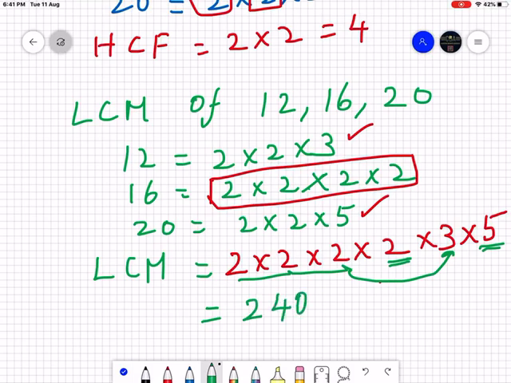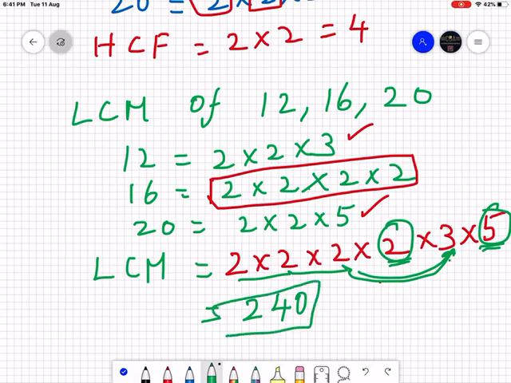Isn't that easy? I will repeat this again. Whenever you find a pair of 2 and 5 in your answer, you keep them aside and multiply them at the end, because that will make your multiplication easy and save you time. So you do 2 into 2, 2 into 2, then you skip this and do 2 into 3. So 2 2s are 4, 4 2s are 8 and 8 3s are 24, and then you do your 10, 2 5s are 10. Okay, so your answer is 240.